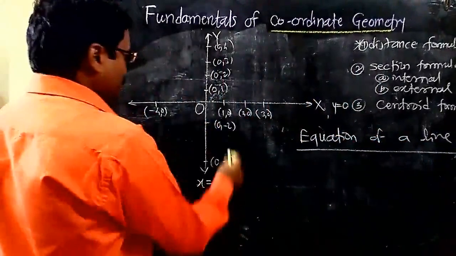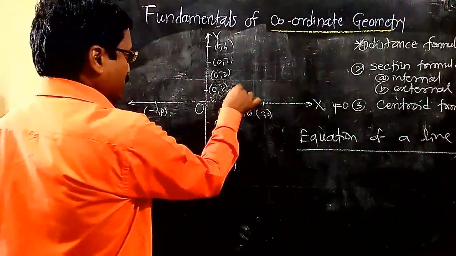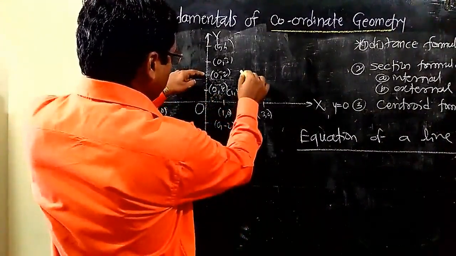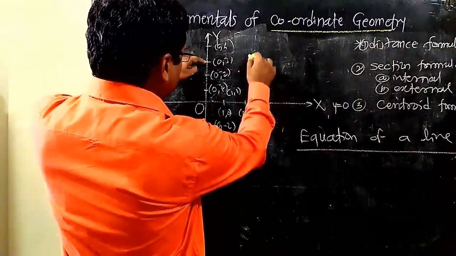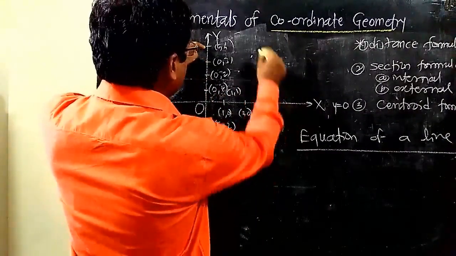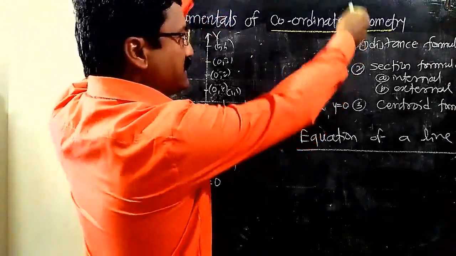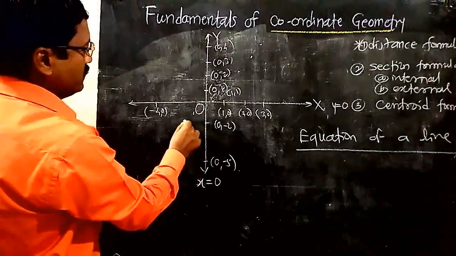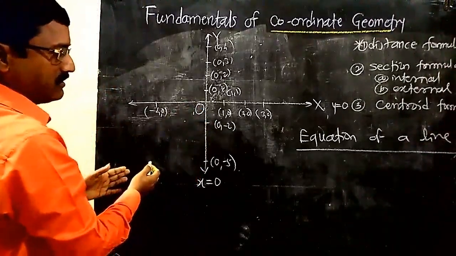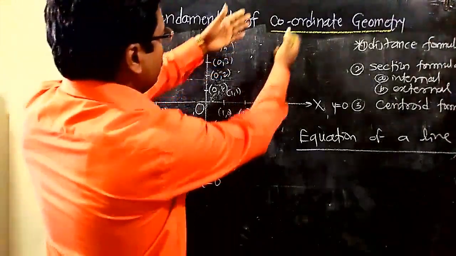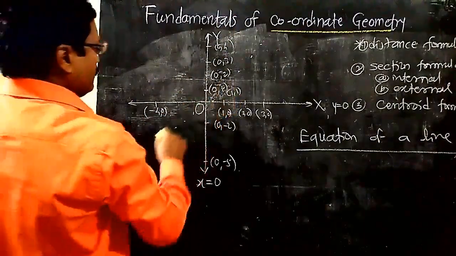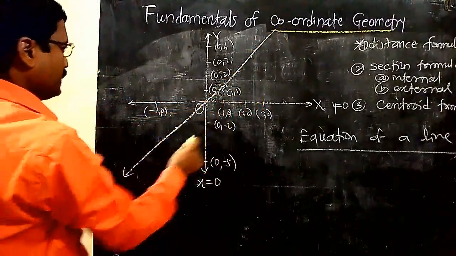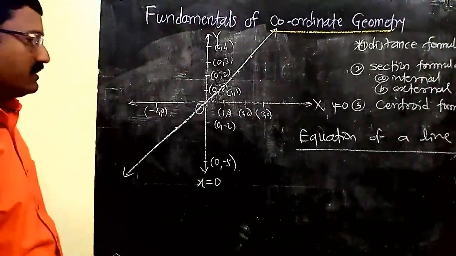Let us consider another example. If a point is here, 1, 1, we take a point having x-coordinate 2, y-coordinate 2. It will be like this. Third point 3, 3. Fourth point, suppose, 4, 4. Similarly 5, 5, 6, 6, 10, 10, 100, 100. Here we can also take points whose coordinates are minus 1, minus 1, minus 2, minus 2. This is the third quadrant having negative, negative signs. This is the first quadrant having positive, positive signs. Then we should draw all such points having the same coordinates, and if we join all those points, then we get a line.